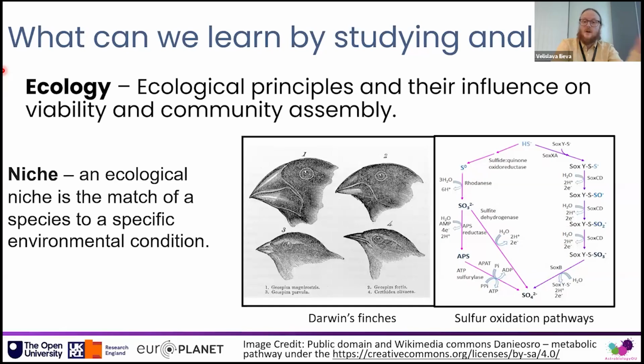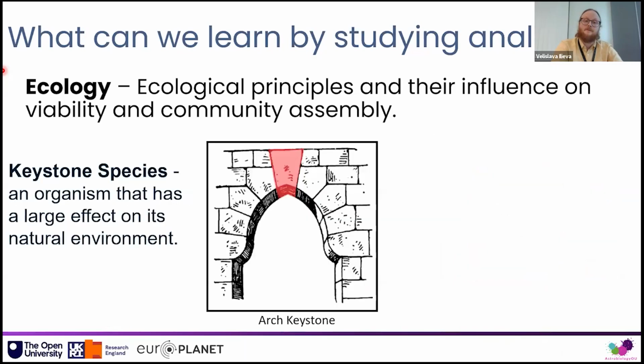Now, if we go back to our example of sulfur oxidizing microbes, it's not quite as simple as reduced sulfur all the way to sulfates. There are many different enzymatic systems, and these have different preferences and requirements for pH, for cofactors within the cell, for different availabilities of metal ions. And this can mean that you can get simultaneous occurrence of seemingly overlapping metabolisms, but you can also get competitive exclusion of some of these because they don't have a sufficiently different niche and they vary in their competitive efficiency.